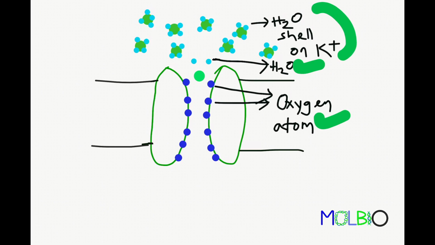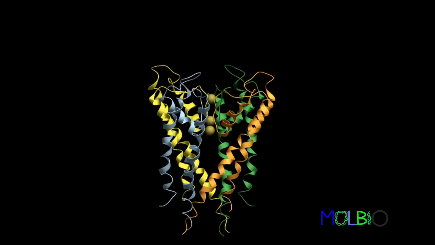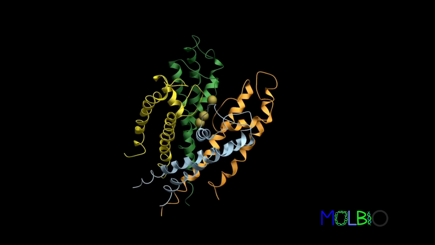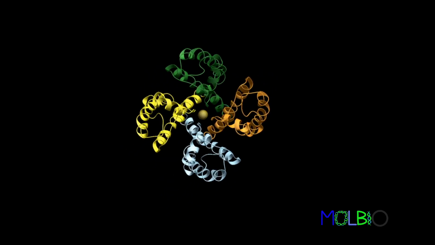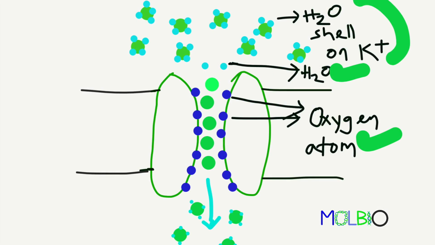Once it releases its hydration shell, it can now interact with the oxygen atoms of the channel, and then it can get stabilized. Once it enters the channel, it will have 8 oxygen atoms to interact with from all the dimensions. If we look from the top, this will look something like this, and from the side view you can see the potassium ions. This is a 3-dimensional structure of the prokaryotic potassium channel. The potassium ion gets equally attracted from each angle, as it interacts with 8 oxygen atoms. Now each potassium ion will move further and further through the channel, and